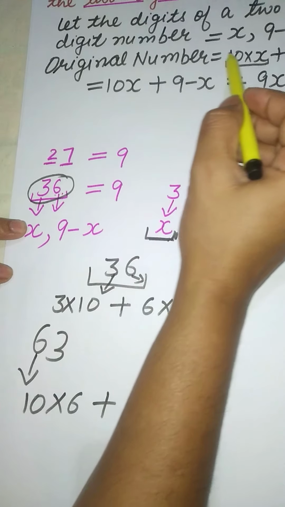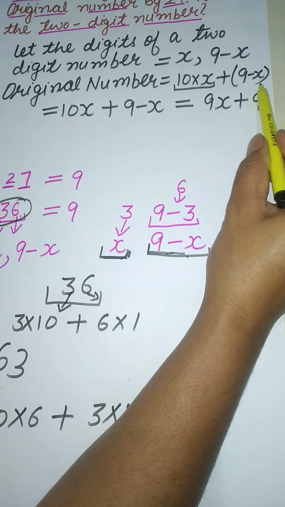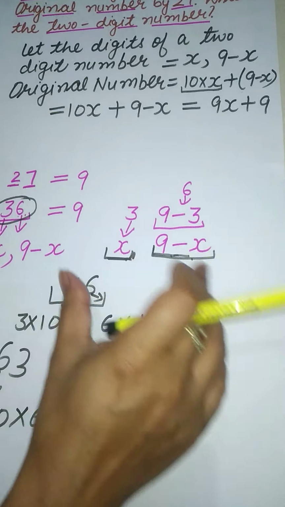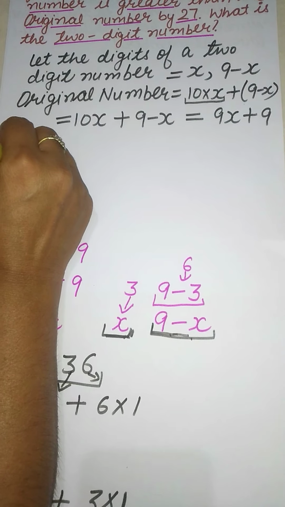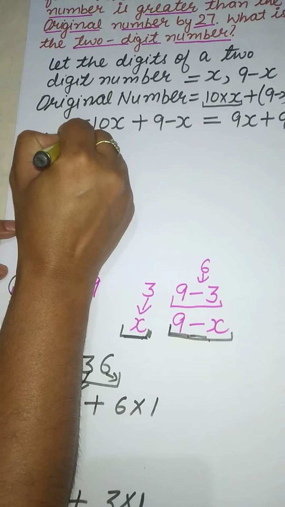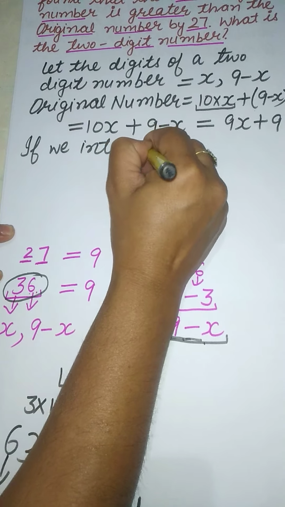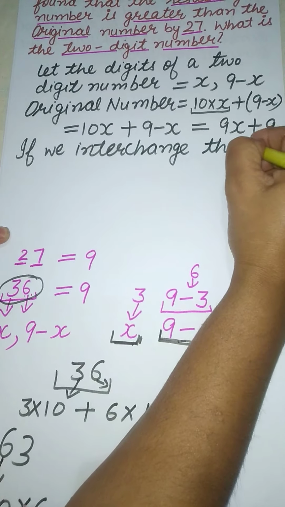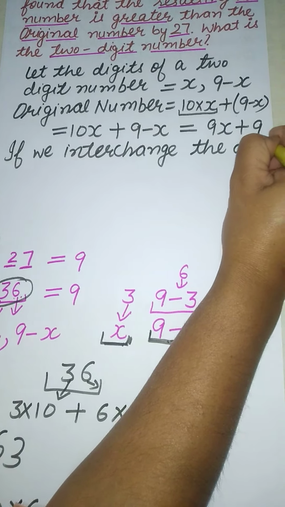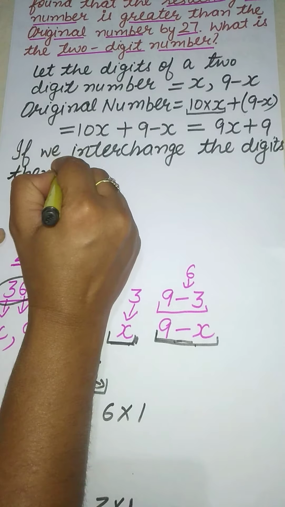Here I have taken x on the 10's place and 9 minus x on the 1's place. Now I'll interchange the digits, then the new number